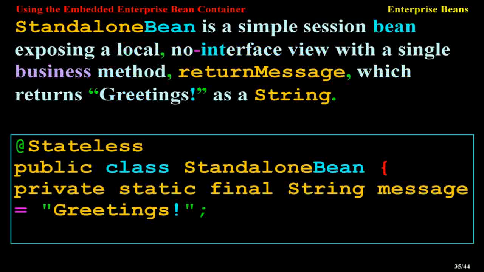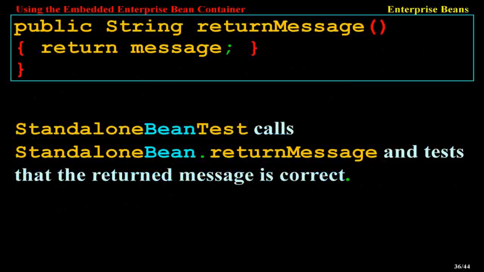StandaloneBean is a simple session bean exposing a local, no-interface view with a single business method, returnMessage, which returns "Greetings!" as a String. @Stateless public class StandaloneBean { private static final String message = "Greetings!"; public String returnMessage() {...}